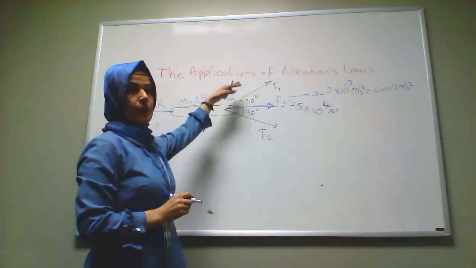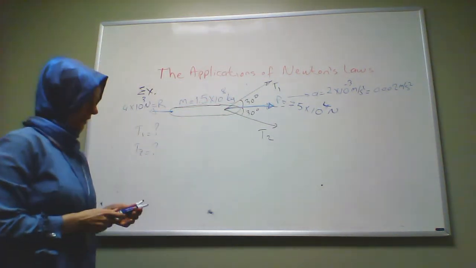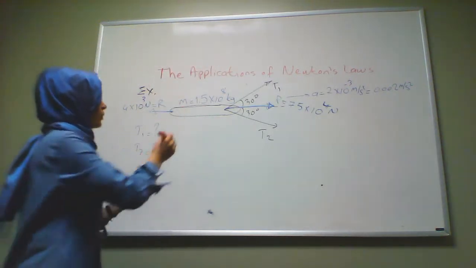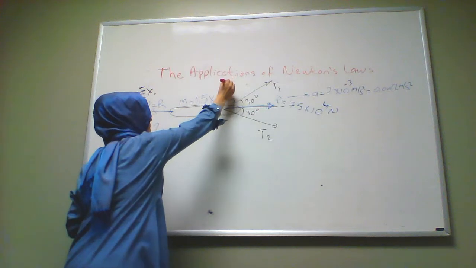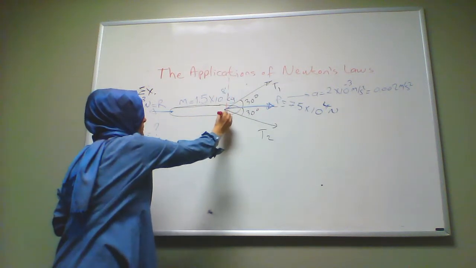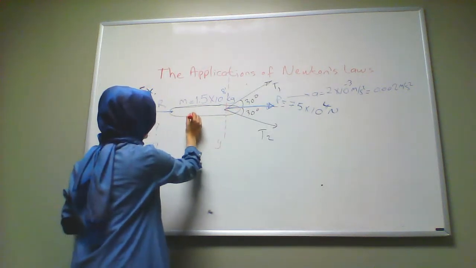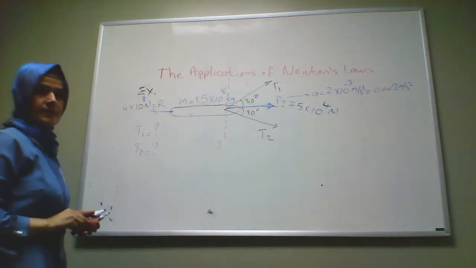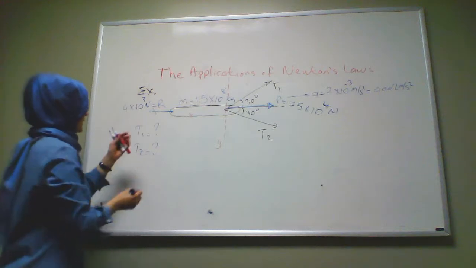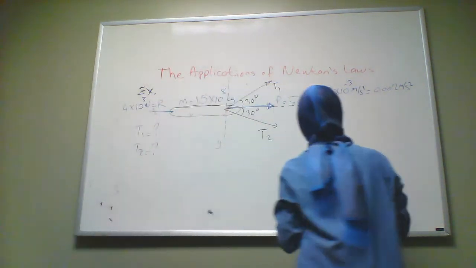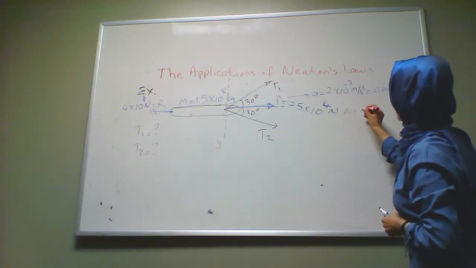There are 2 unknowns, it seems, but we can find important information using the fact that along vertical, total force is 0. Let me take this as one vertical and this is a horizontal axis. Since the system is not moving along y, let me put it in a corner so you always see it. No motion along y